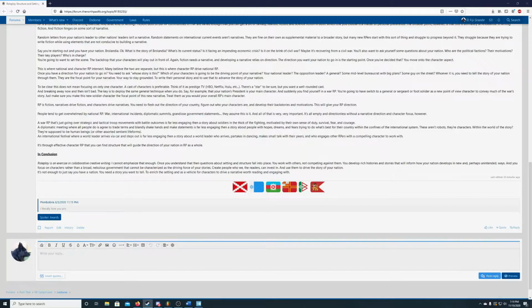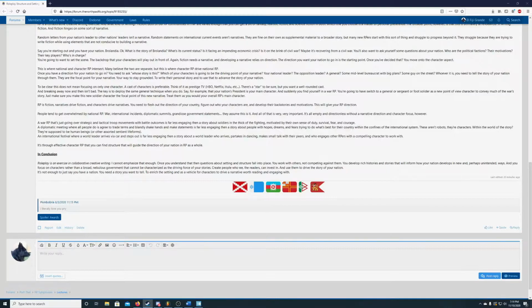People tend to get overwhelmed by national RP. War, international incidents, diplomatic summits, grandiose government statements, they assume this is all it is. And all of that is very important. But it's also empty and directionless without a narrative direction and character to focus on, however. A war RP that's just going over the strategic and tactical troop movements with battle outcomes is far less engaging than a story about soldiers in the thick of fighting motivated by their own sense of duty, survival, fear, and